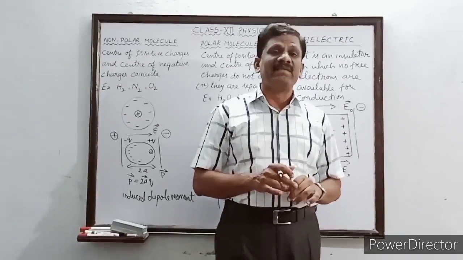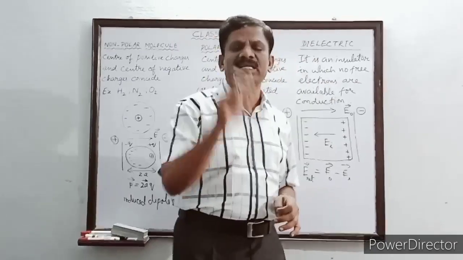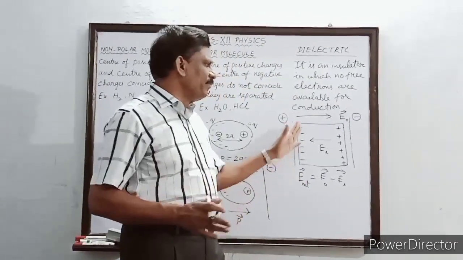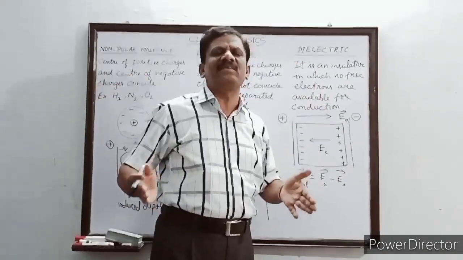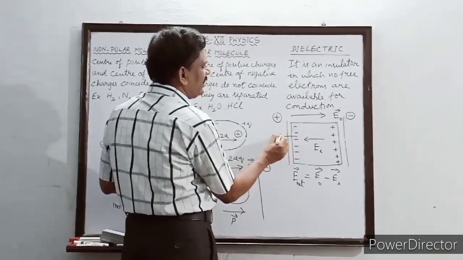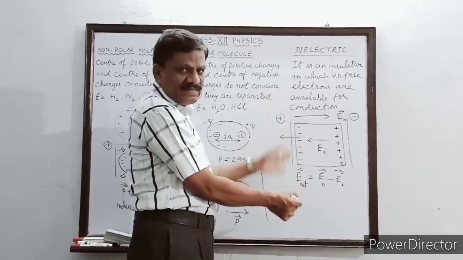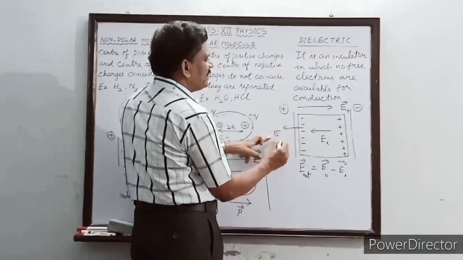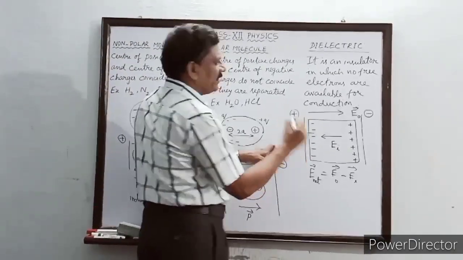Actually, in a dielectric, free electrons are not available, but when it is placed inside an external electric field, there is a development of positive charges and negative charges on the outer surface of the material. We can also call these charges developed on the free surface, the left surface of the material, a surface charge density sigma, and this is minus P, we can say.